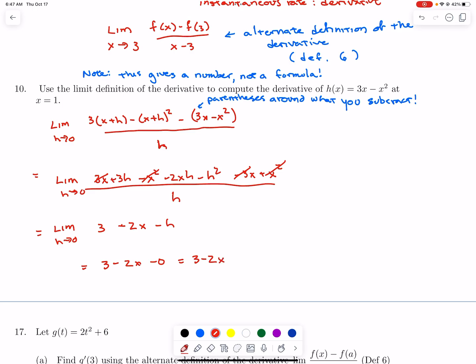Okay, so this regular definition gives you a formula that you can plug numbers into. So